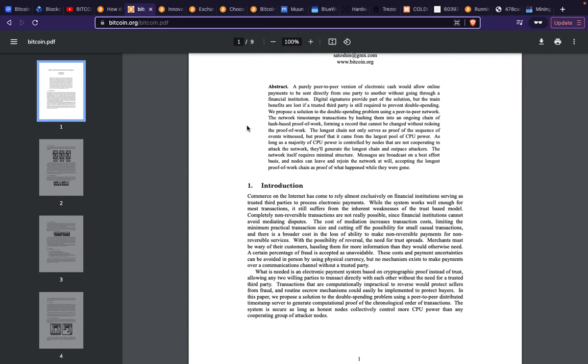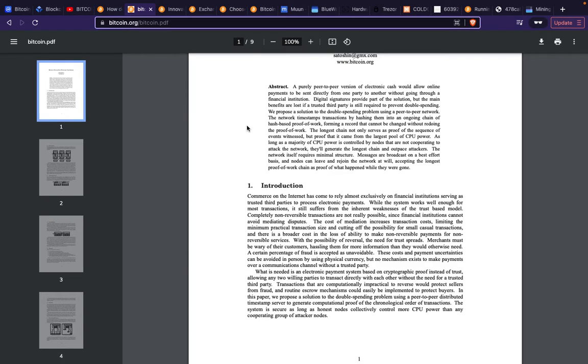So that's why we cannot just say, okay, this thing is just for money, this thing is just for transaction. It's for all of them, right? That's the purpose here. Now, let me get down to the white paper.